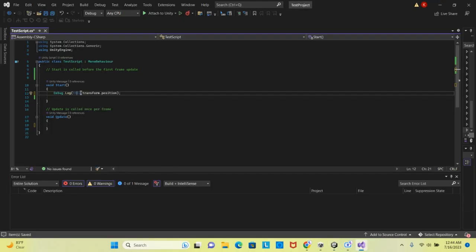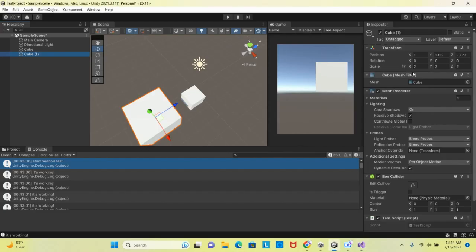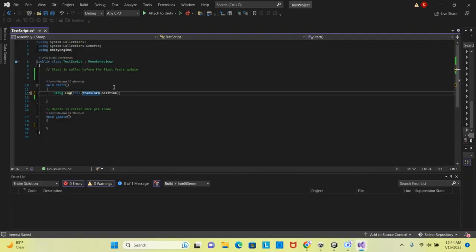The way I would do this is by using this, which locates the object that this script is attached to, hence this, then the dot operator, transform, which is the component right here, dot position, which finds the position of the cube. This code is pretty simple and self-explanatory. If you go ahead and click Control S